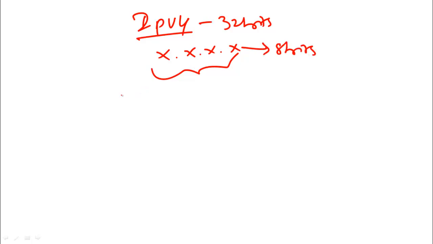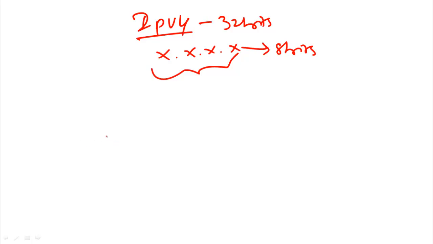Out of these bits, some octets will be allocated for network, and some octets will be allocated for host. That is how IP addresses are generally split. You take any IP address, it will have a network part and a host part. The network part identifies the network to which the IP address belongs, and the host part identifies the actual host, which is the machine. So this is how an IP address is used.